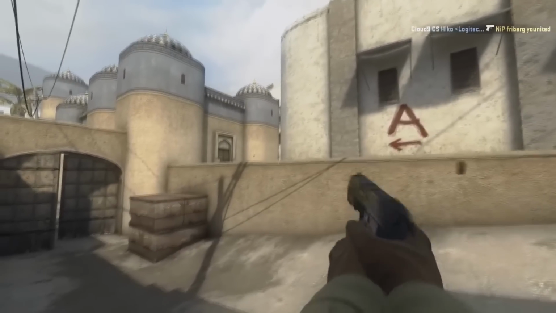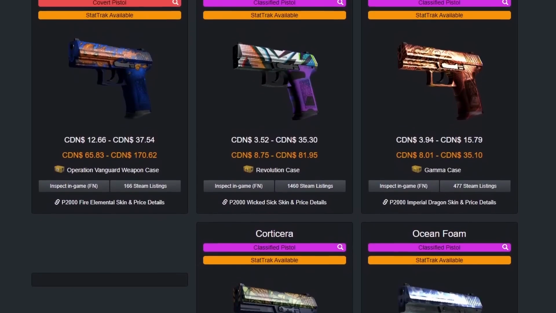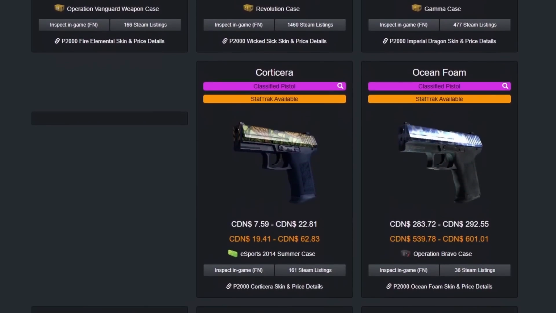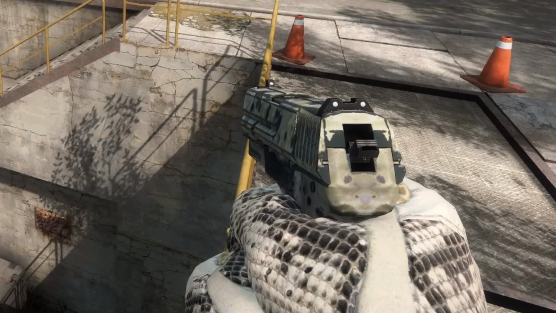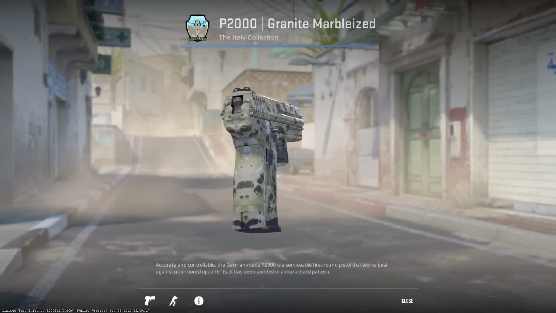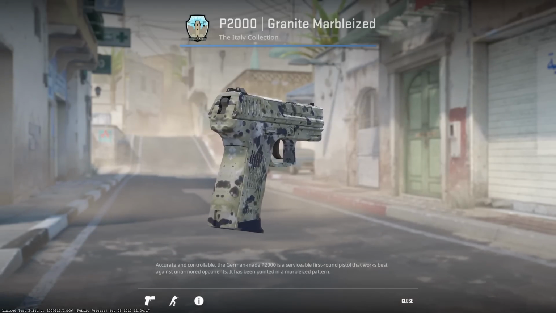P2000, the default pistol of CSGO, and in my opinion, a gun that gets lower usage than it should. Unfortunately, the P2000 has very little in terms of unique skins. Somehow, the most infamous P2000 skin is a $1 granite marbleized, but there's a good reason. This cute little hamster on the back. Pattern 125 is what you're looking for, and due to the skin dropping in-game and only being a light blue,